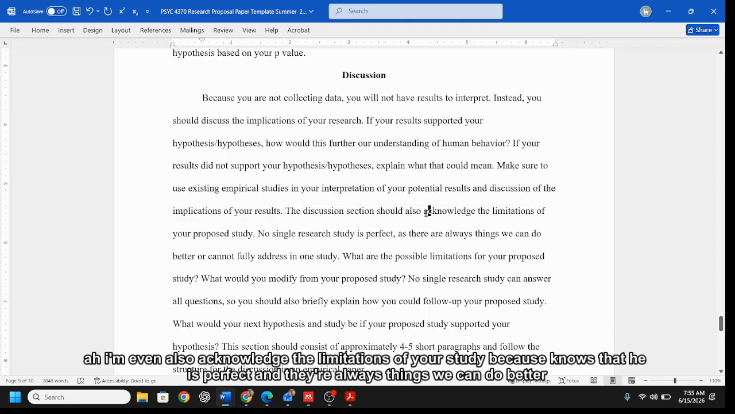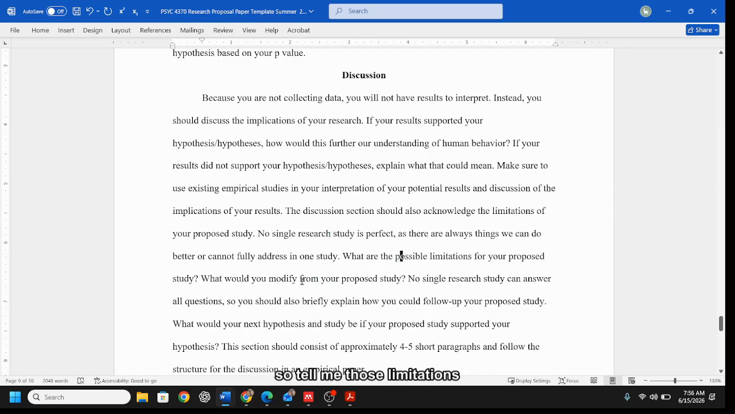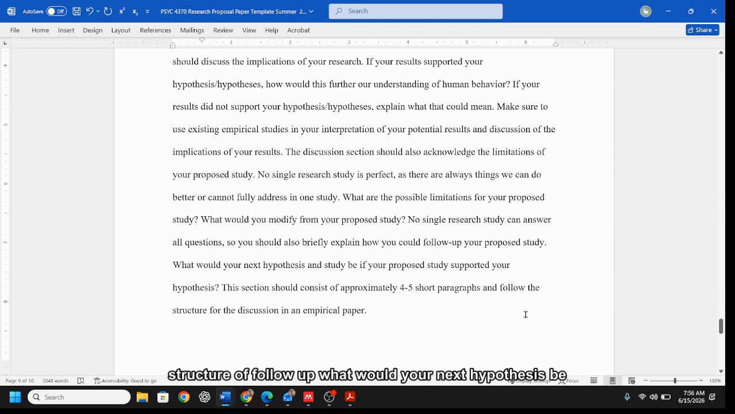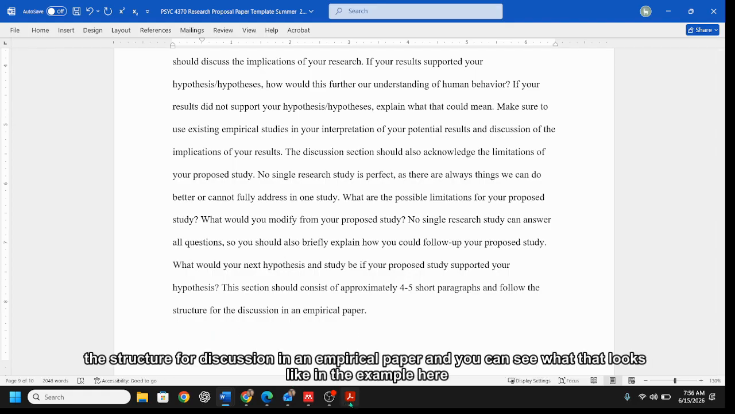You're going to also acknowledge the limitations of your study, because no study is perfect and there are always things we can do better. So tell me those limitations. What might you modify? How could you structure a follow-up? What would your next hypothesis be? Should be 4 or 5 short paragraphs, and you're going to follow the structure for a discussion in an empirical